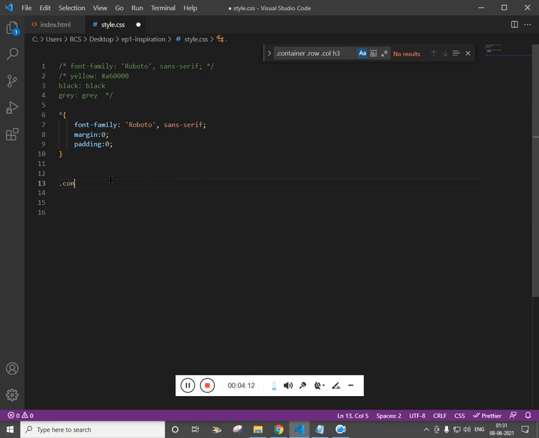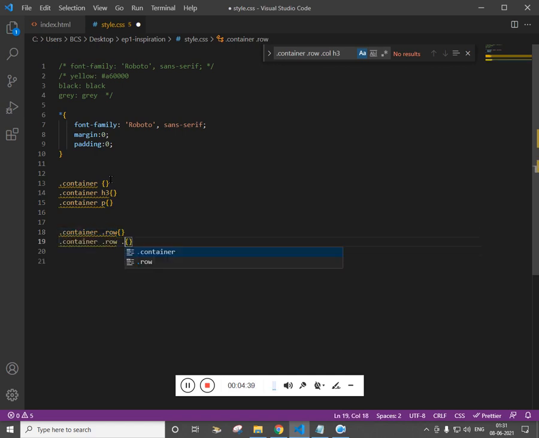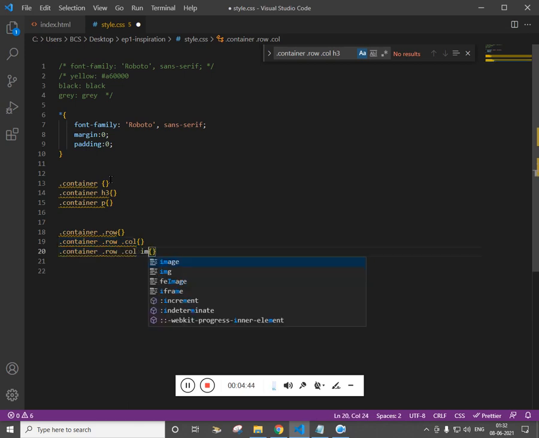So inside we have container, inside container we have h3, and we have paragraph inside container, and inside container we have row, and inside row we have column, and inside column we have image.